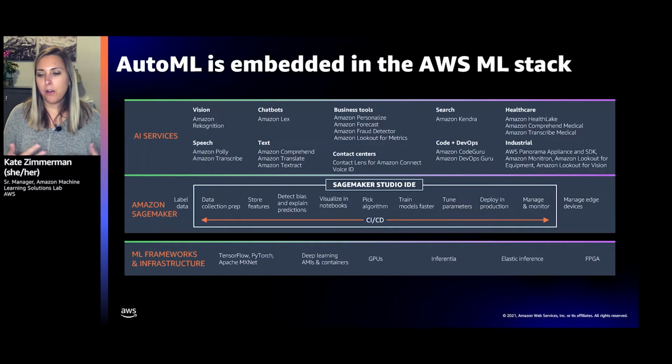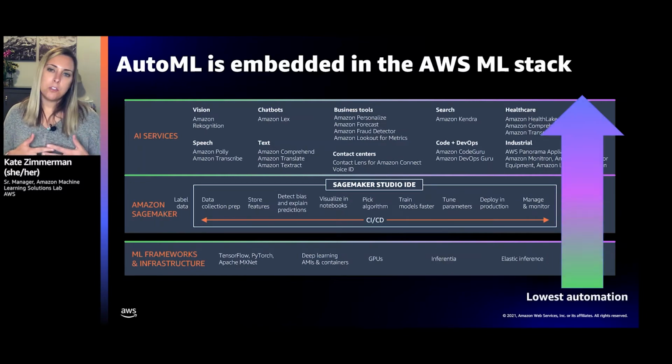If we think about AutoML as being a feature that can help make that machine learning lifecycle more frictionless, help accelerate the development of machine learning models, all of our services in the platform are truthfully going to be designed to do just that, but in different ways. So if we think about it very broadly and generically, we have our lower level of the stack that's going to be focused on being able to do as much as possible. So we have raw GPUs, you could install AutoGluon, you could install more experimental AutoML solutions, you could install third-party AutoML solutions into our frameworks and infrastructure.